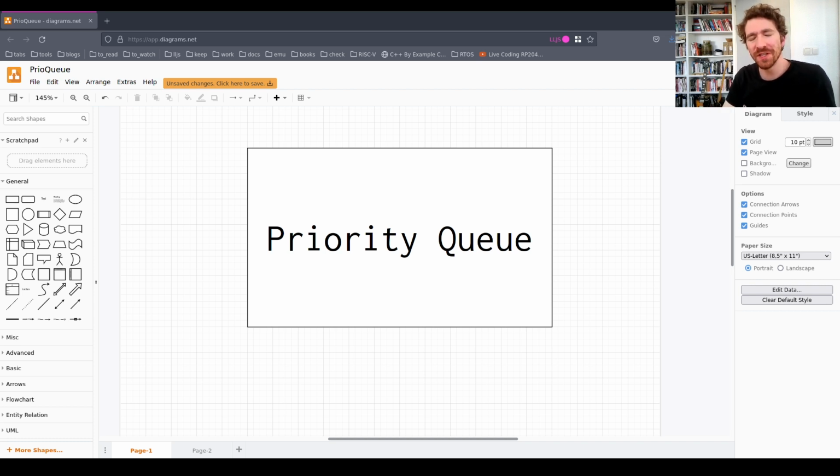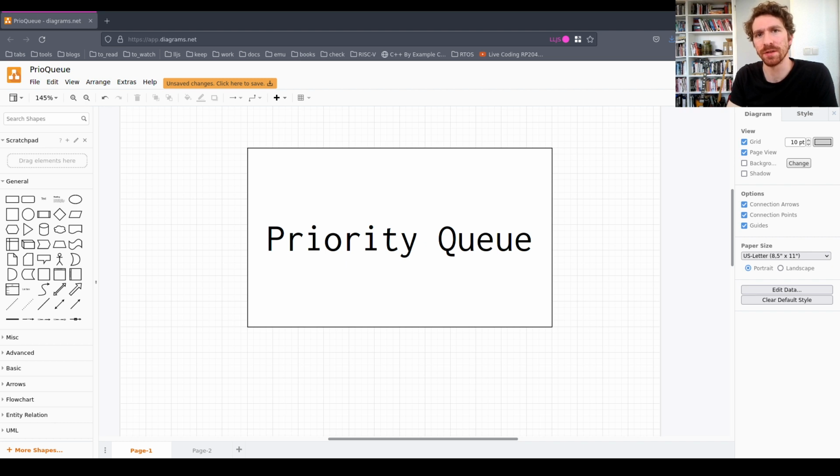Hello and welcome to this low-level JavaScript video where today we're going to be building a priority queue. Now, a priority queue is a data structure which is a queue, kind of like a stack or something, right? It's got operations to put stuff into the queue, it's got operations to take them out of the queue. And the special property is that the things we put in the queue will have some sort of